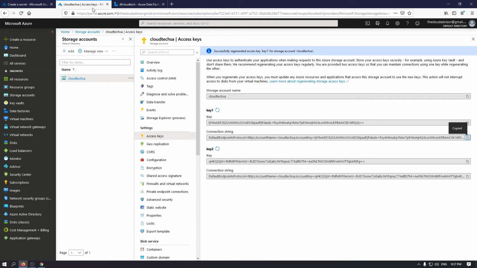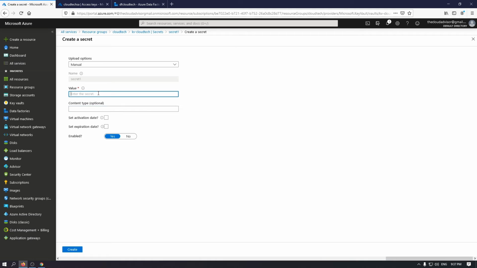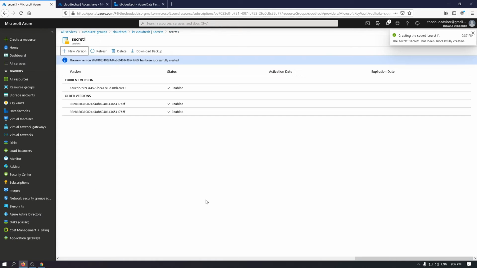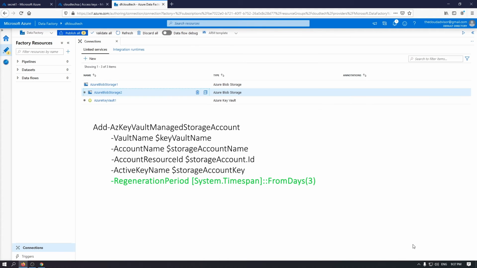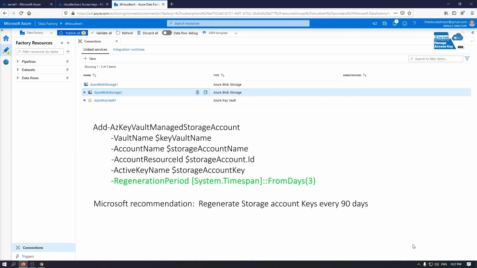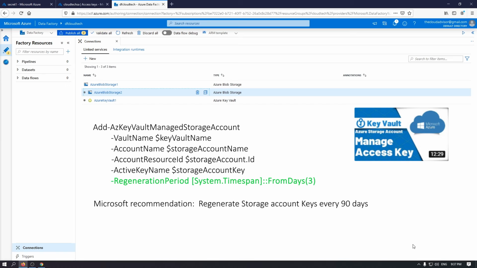Of course, doing it manually is not the best approach, but this key from the storage account can be regenerated by Key Vault using a regeneration period parameter. Microsoft recommends doing this regeneration every 90 days. How to set up this parameter in Key Vault? Please watch this tutorial. I will put the link in the description of this video.